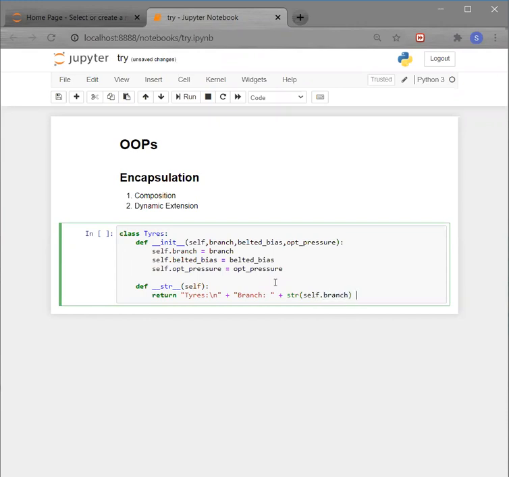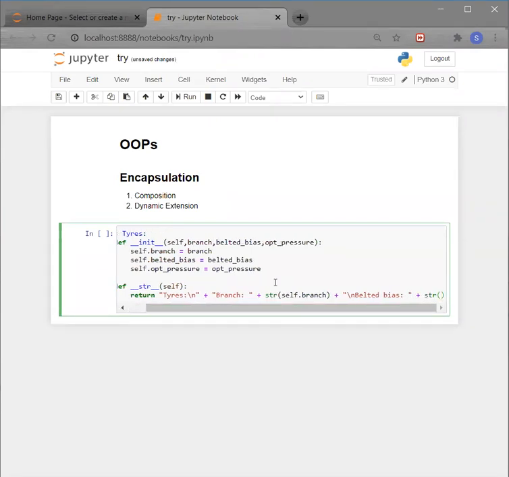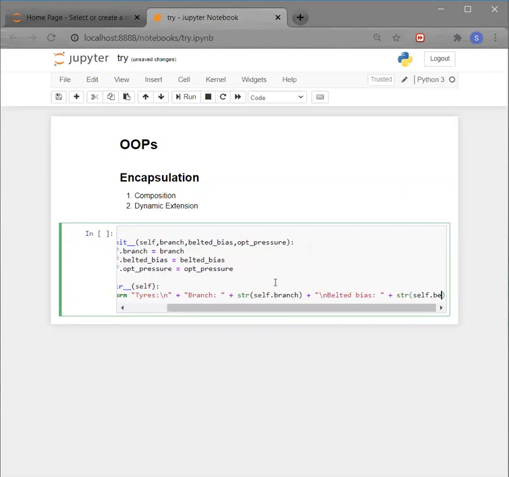Then another backslash n, and we can write belted bias plus str self dot belted bias,